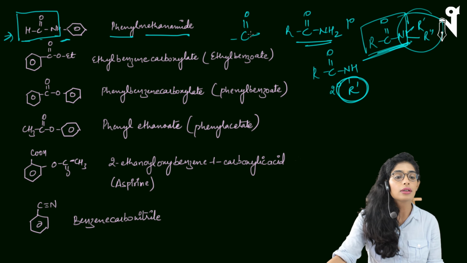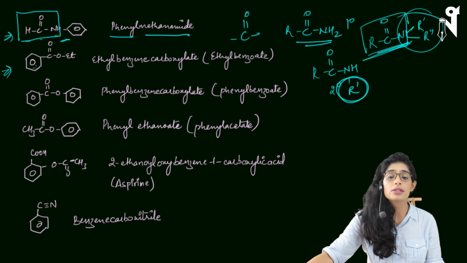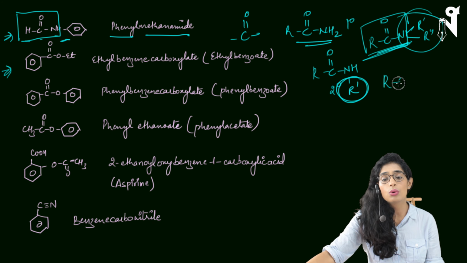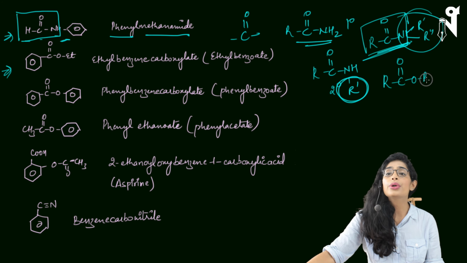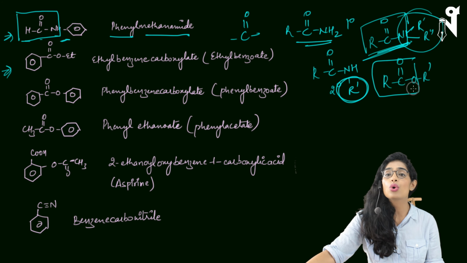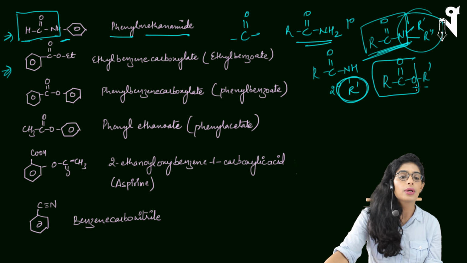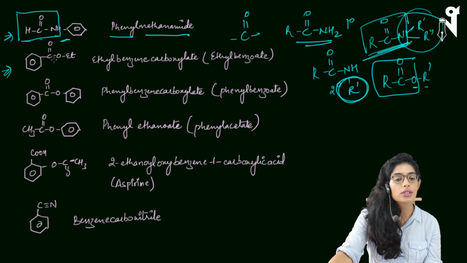Okay, look at another compound here. We are talking about the esters now. So the esters formula is RCOOR dash. I told you how to name the esters. Till this is the main chain. Anything which is connected to O, no matter the bigger chain or the smaller chain, will be acting as a branch, right? So here I have benzene COO. This is my main chain, and this is going to be the branch.